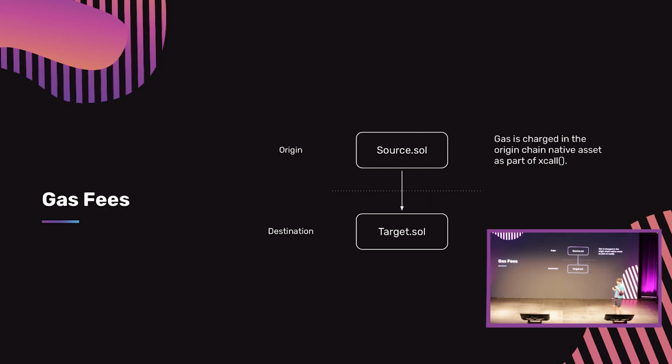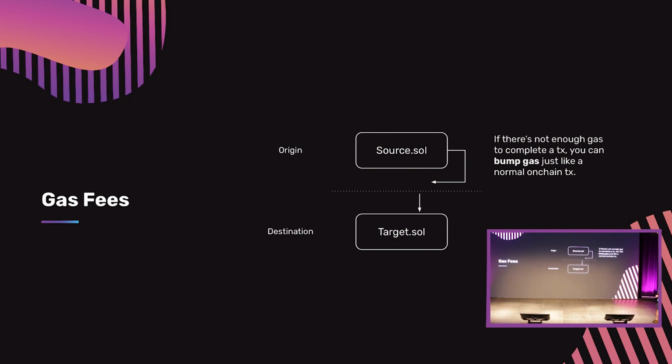And how does this look from a developer perspective or from a user experience perspective? Well, the goal is to minimize the changes associated with moving to this asynchronous world as much as possible. Of course, there are some challenges: I'm doing a transaction, and the whole transaction is not just going to execute inside of a single block. It's now going to execute over many, many blocks because it's interacting with many chains. But the experience of actually initiating that transaction can still be the same. So for instance, in Connext, you pay gas on the origin chain, as part of your transaction, in native assets on the origin chain. And then you bump gas if there's not enough gas available to complete your transaction, in the exact same way that you do with any kind of transaction on Ethereum today.